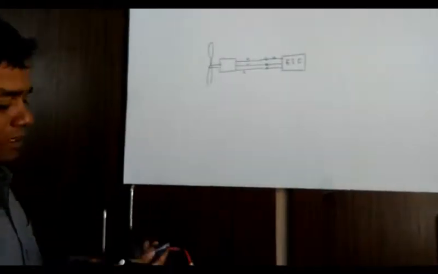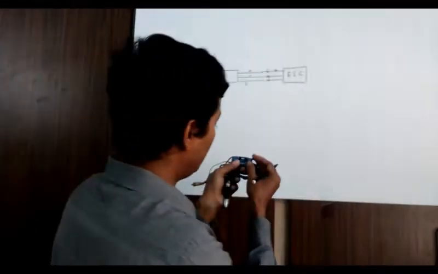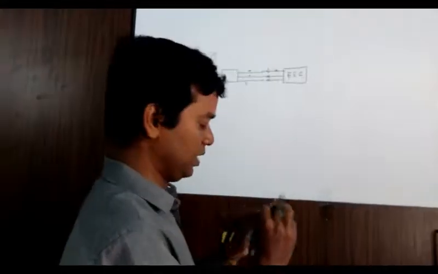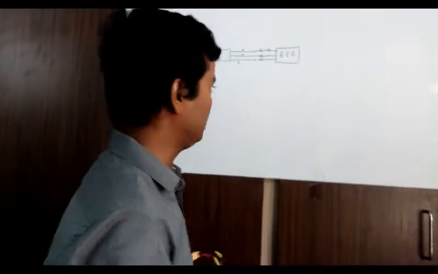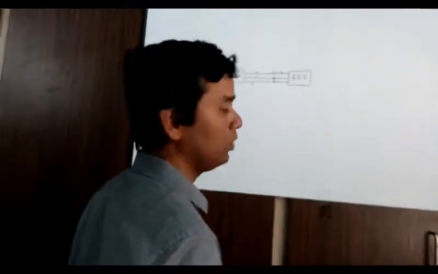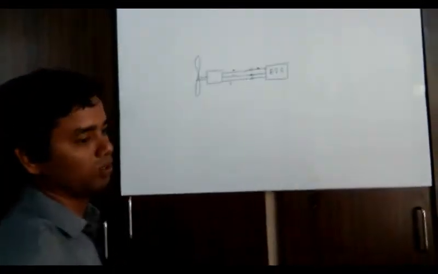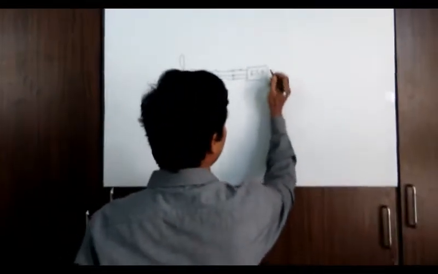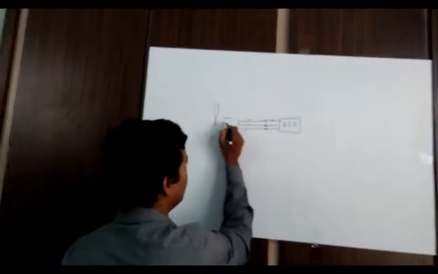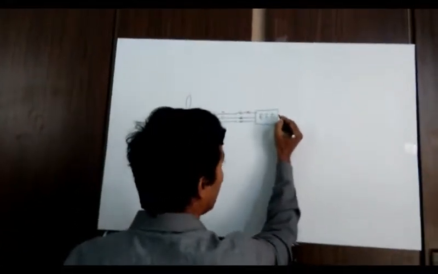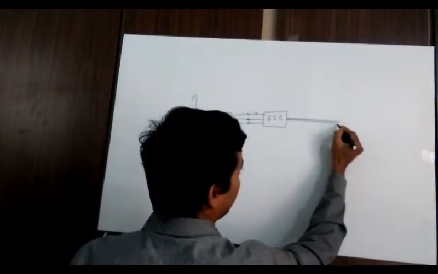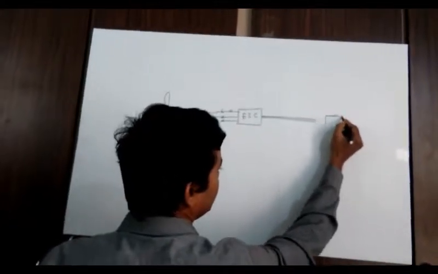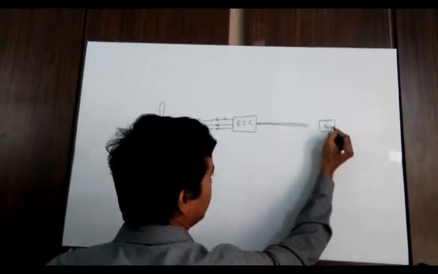The ESC has a BEC inbuilt, meaning battery eliminator circuit. We have to go through the details about the ESC in the ESC video. Then only will you understand how the power comes from the receiver to the ESC and then the motor. Now the ESC normally has 3 wires connected to the motor, and it has 3 small wires that go to the receiver, right?